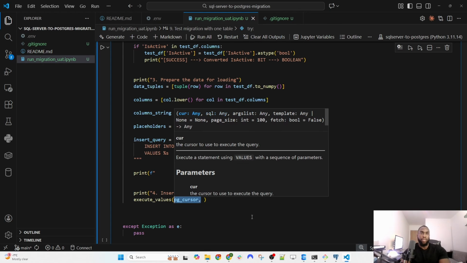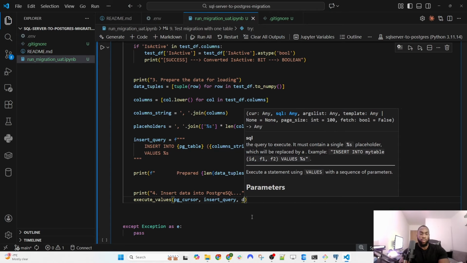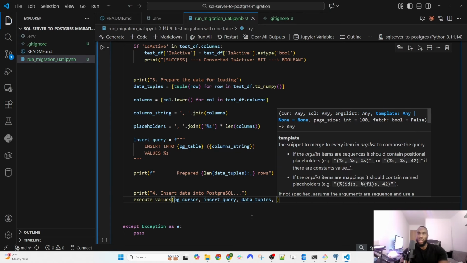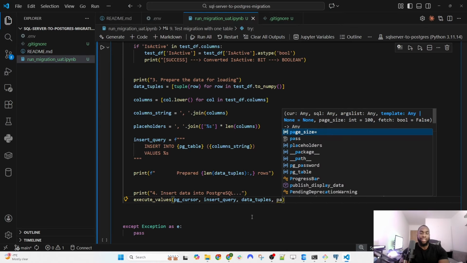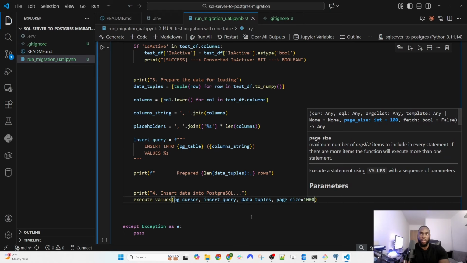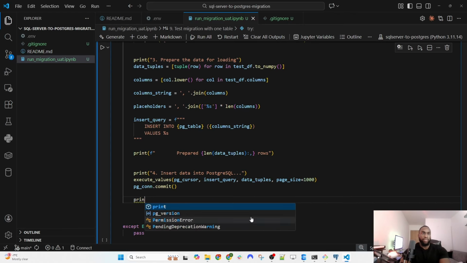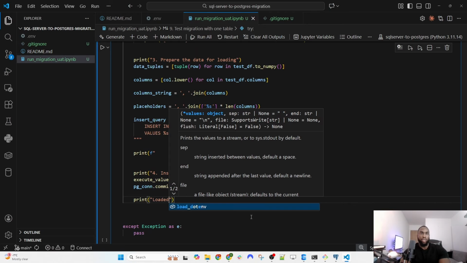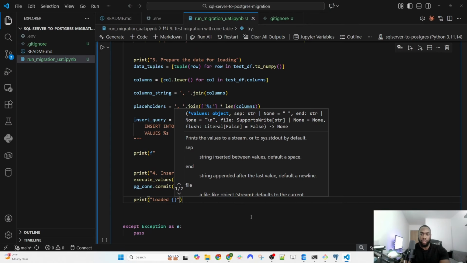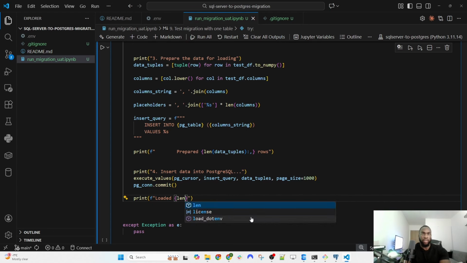Now, the first argument is PG cursor. The second one is going to be the insert query. The third one is going to be the data tuple, so the data we actually want to load. And we're going to add page size, okay? And we're going to say 1000. Now we're going to say PG connection, and we're going to use commit. If all this works, then we can say loaded. Let's be specific. Let's make this an F string. Length of data tuples